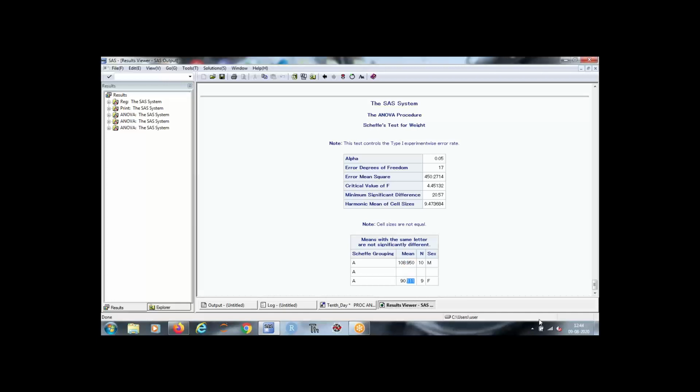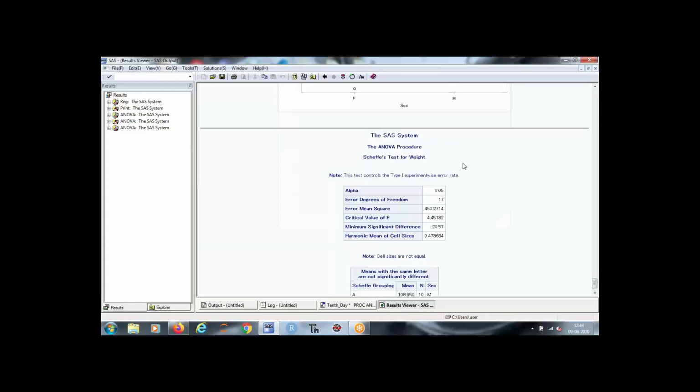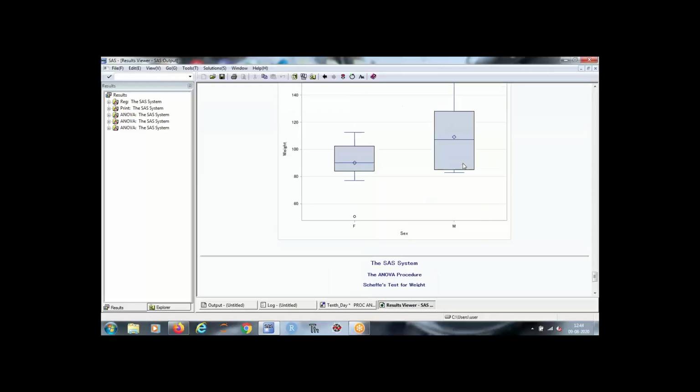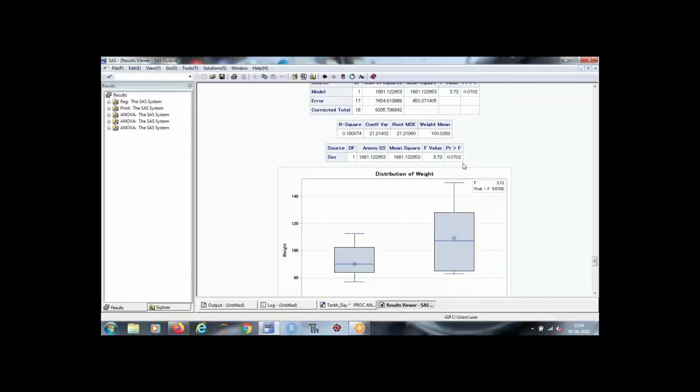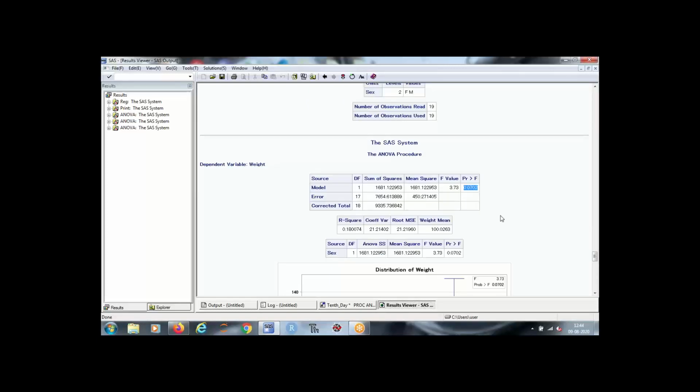And this is where you are committing a mistake. Statistically, there is no difference between their means. Yes. My p value is coming out to be 0.07, which is greater than 0.05.